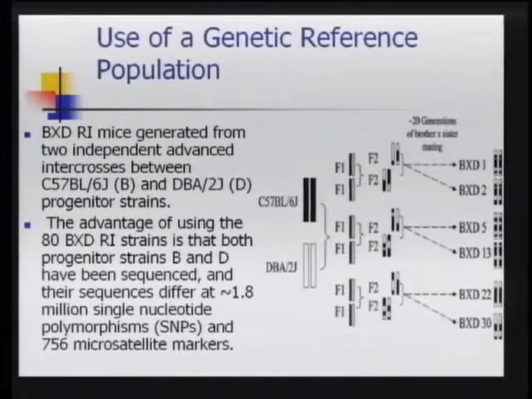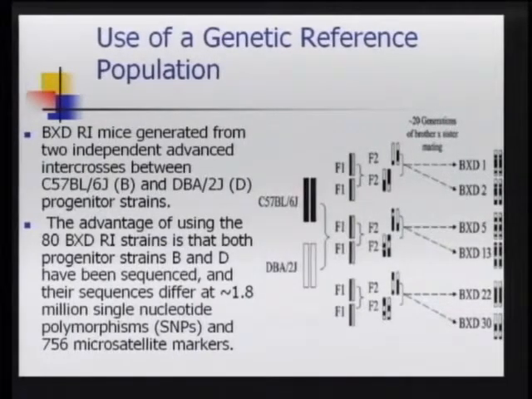Now, what has been developed has been this genetic reference panel. The genetic reference panel is actually meant to model in the laboratory the actual heterogeneity of the DNA that occurs in human populations. And what this model is, it's an independent cross of two different types of mice strains. I don't think it's important for you to know the mice strains so much as to know that the advantage